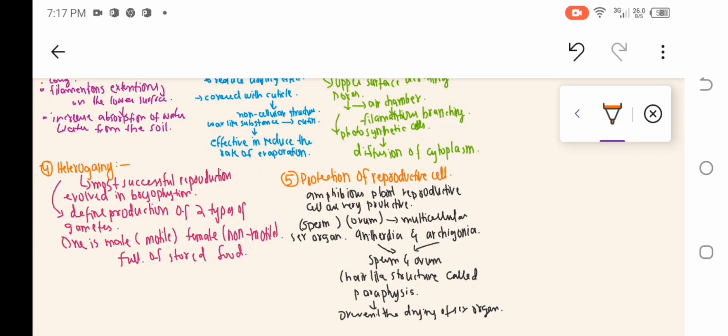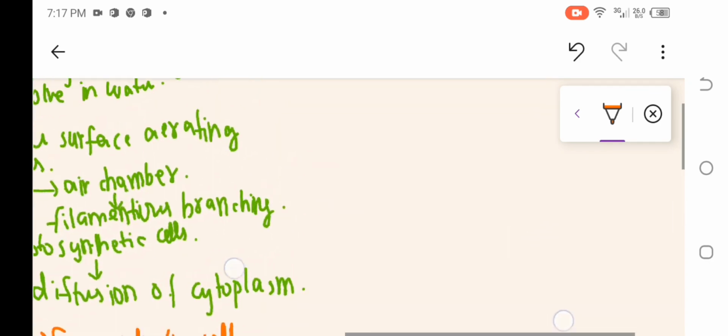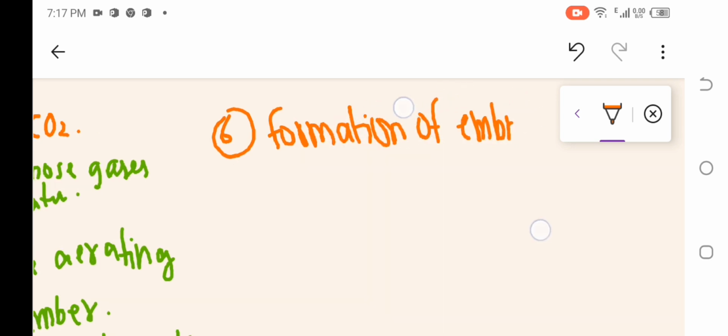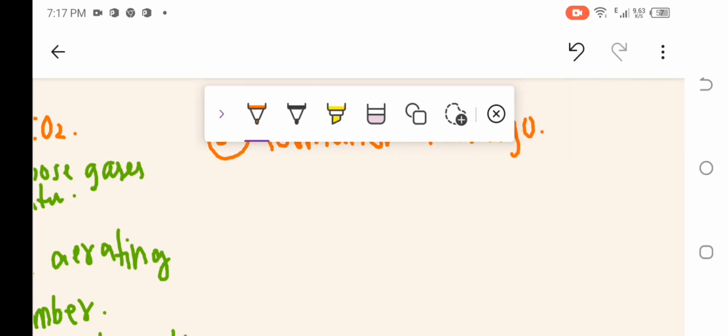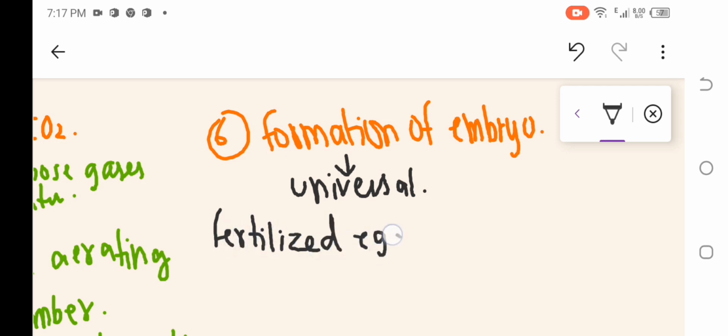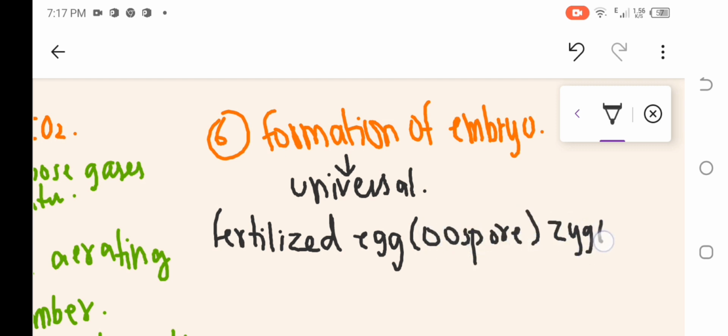Now let's discuss the last adaptation which is formation of embryo। ठीक है। So now in the formation of embryo we have, embryo formation in amphibian plants is a universal occurrence। amphibian plants के अंदर जो formation of embryo है ना वो universal है। जो fertilized egg होता है, जिसको हम कहते हैं oospore, जो कि zygote के अंदर बनता है, and which is inside the archegonium।